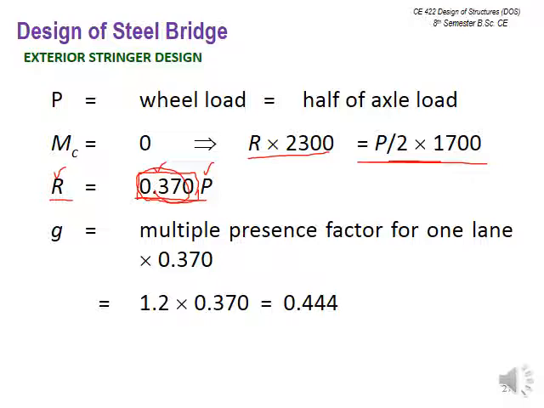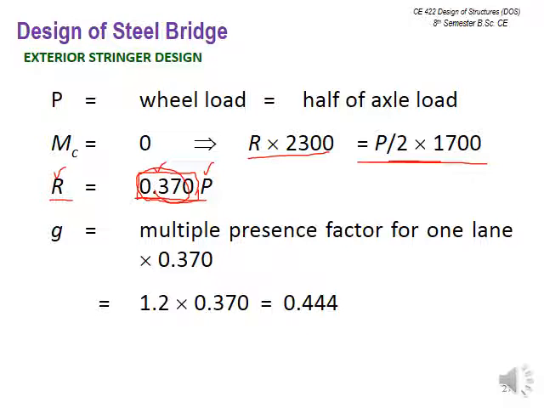Okay, so if the ratio of the applied load and the reaction will be the same, then what does it mean? That your exterior stringer is not going to be affected by the applied wheel loading, and by the barrier loads, the overhang load that is on the other side. But this is not the case. Your exterior stringer is dominantly affected here, although the factor is lesser, it is 0.370. Okay, but still it is there.